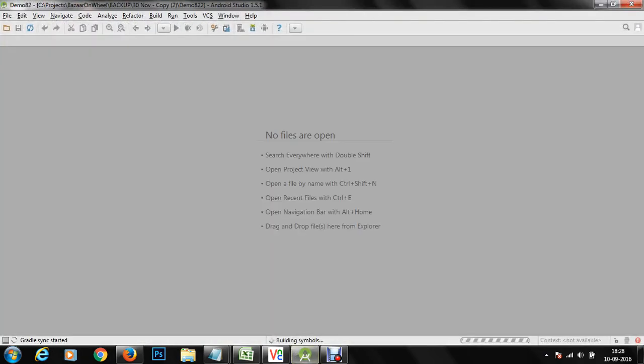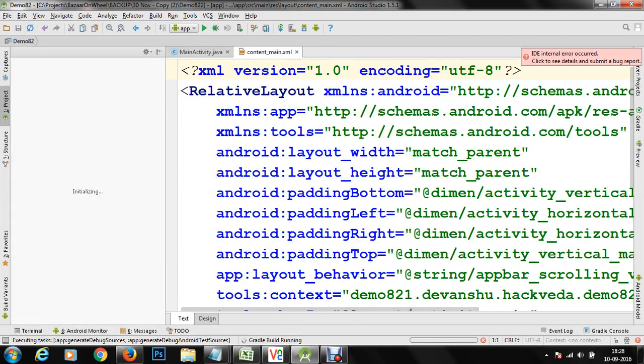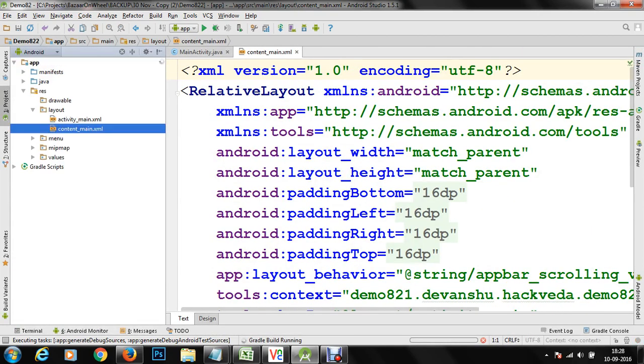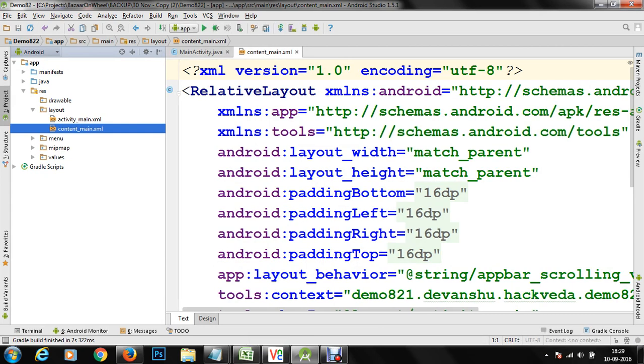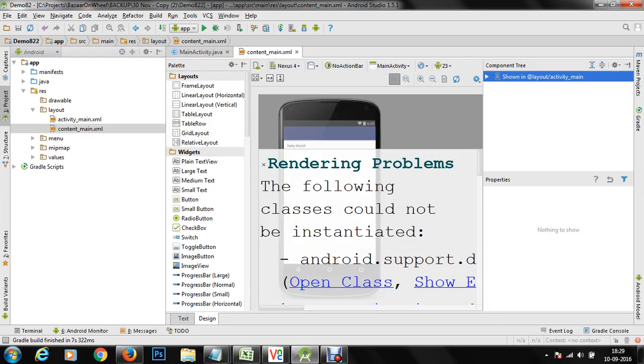In this project, we are going to create a layout. Then we are going to drop a few controls. We'll specify text on these controls, and finally we will perform activity or event handling code wherein we will access our external databases and we are going to display the information of these databases. We'll go to content_main.xml, and I'll switch to the design view. We have a default layout available here,